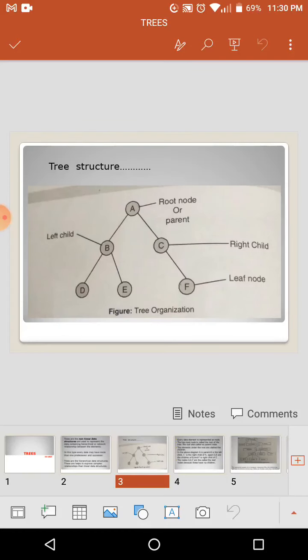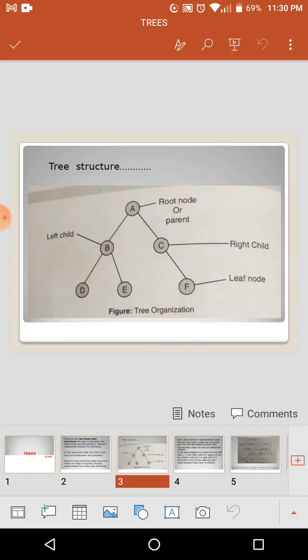So see, B is the left child and C is the right child. The left child also has its own subtree. So we have two children: the left child D and the right child E. Just like at the right of the root node A is C. C has one child, that is the right child. Every tree is represented just like parent and child. Every child might have its own children. So the data will be represented as parent and child.